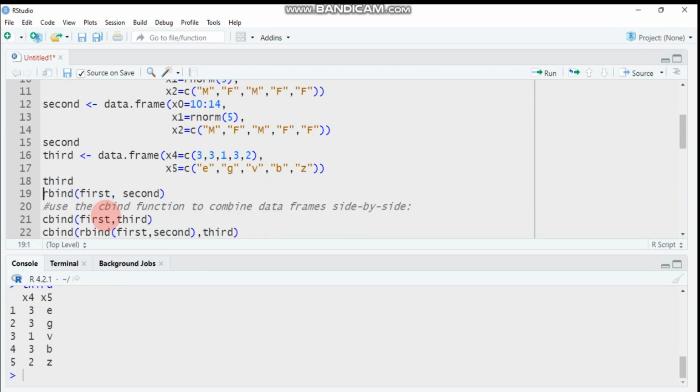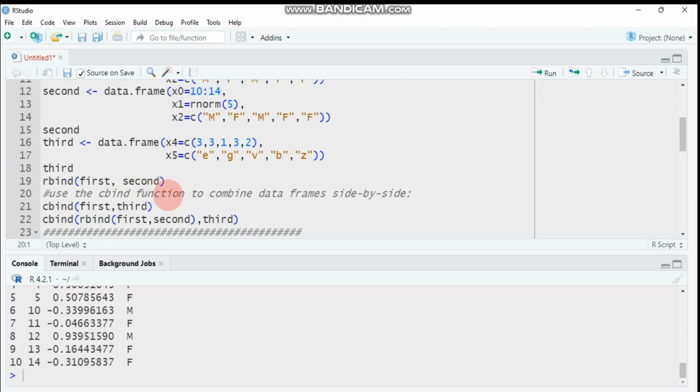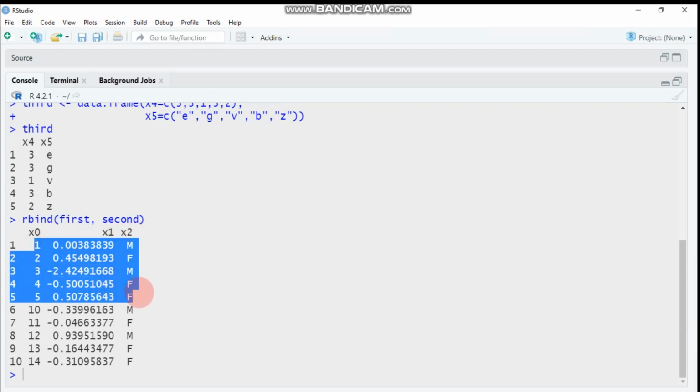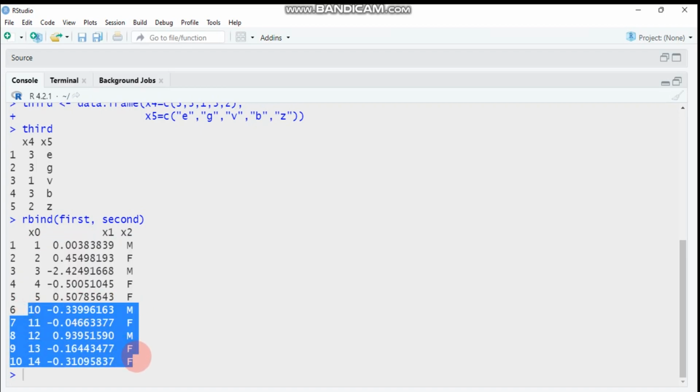So if you want stacking, you have to use the rbind function. In the rbind function, I provide the first data name, first, and the second data name, second. Then I will bind these by using the rbind function. When I'm binding, this happens. This means that there is x0, x1, x2, and this data is